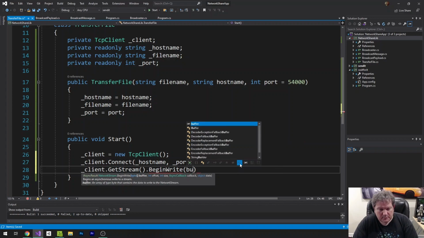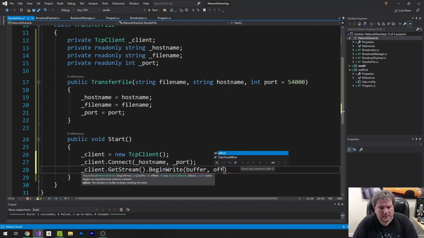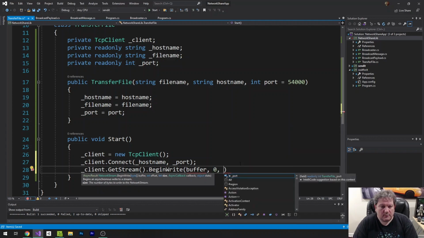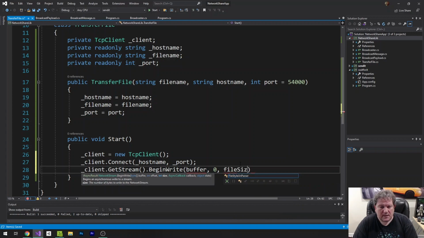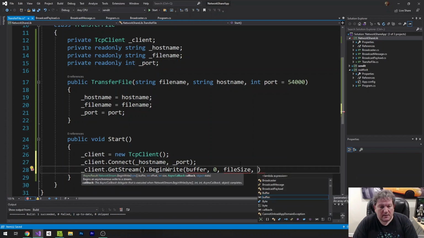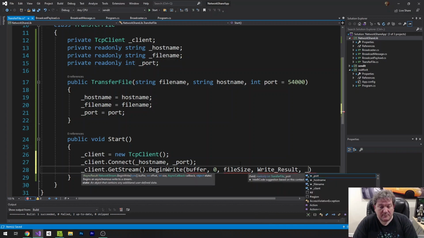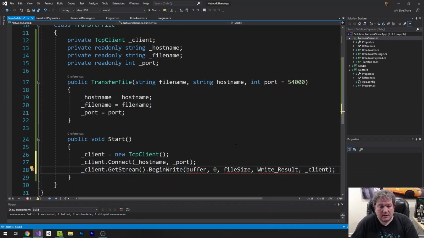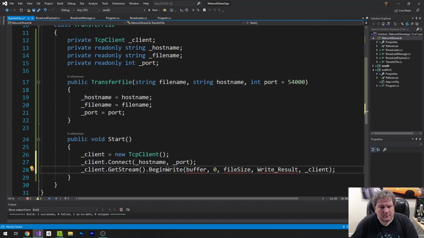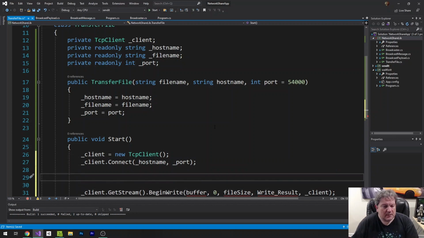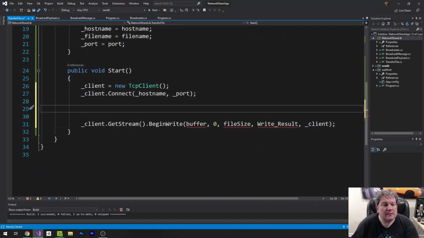So I'm going to call this buffer. Offset is 0. File size, and then the callback is going to be write result, and then the state is going to be the client. So where am I getting the buffer from? Well, the buffer's from the file name. So actually,